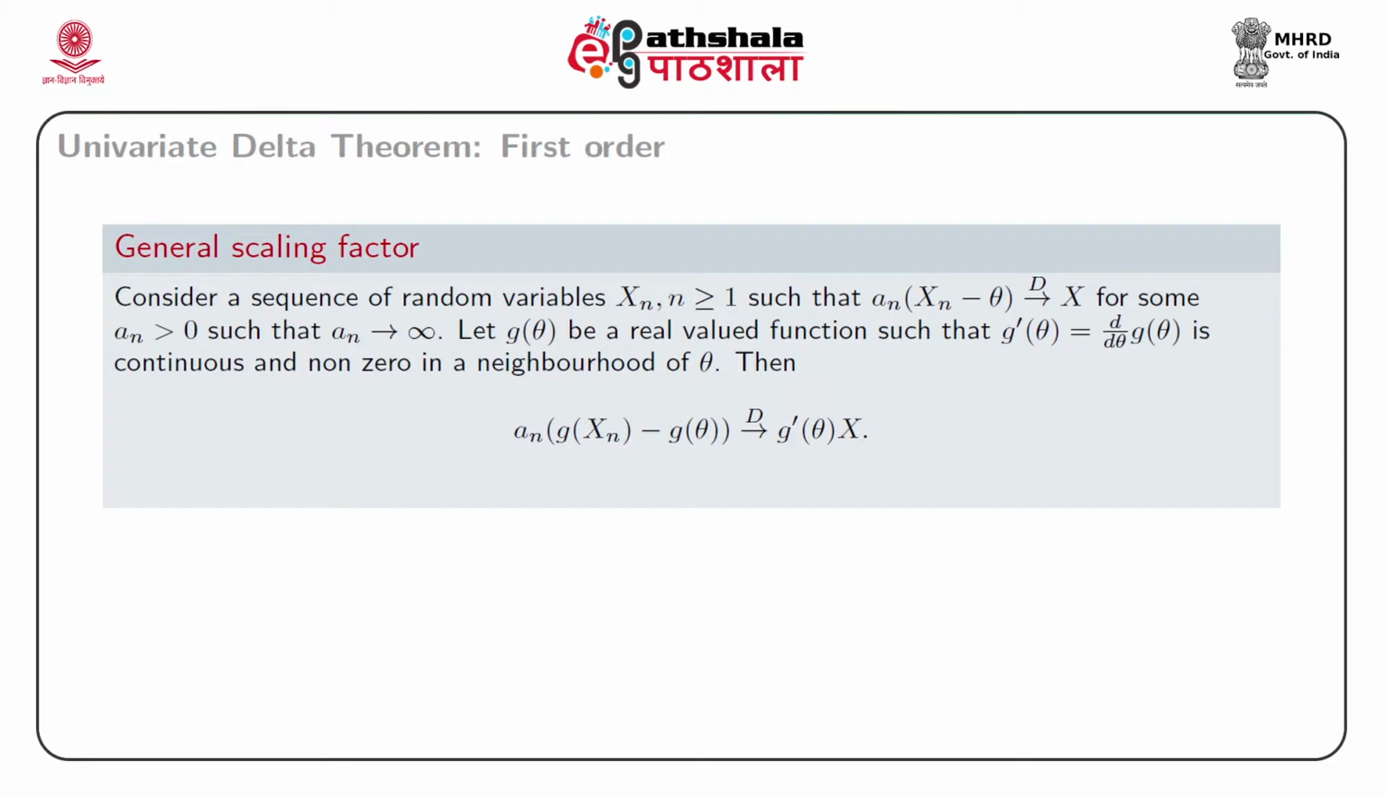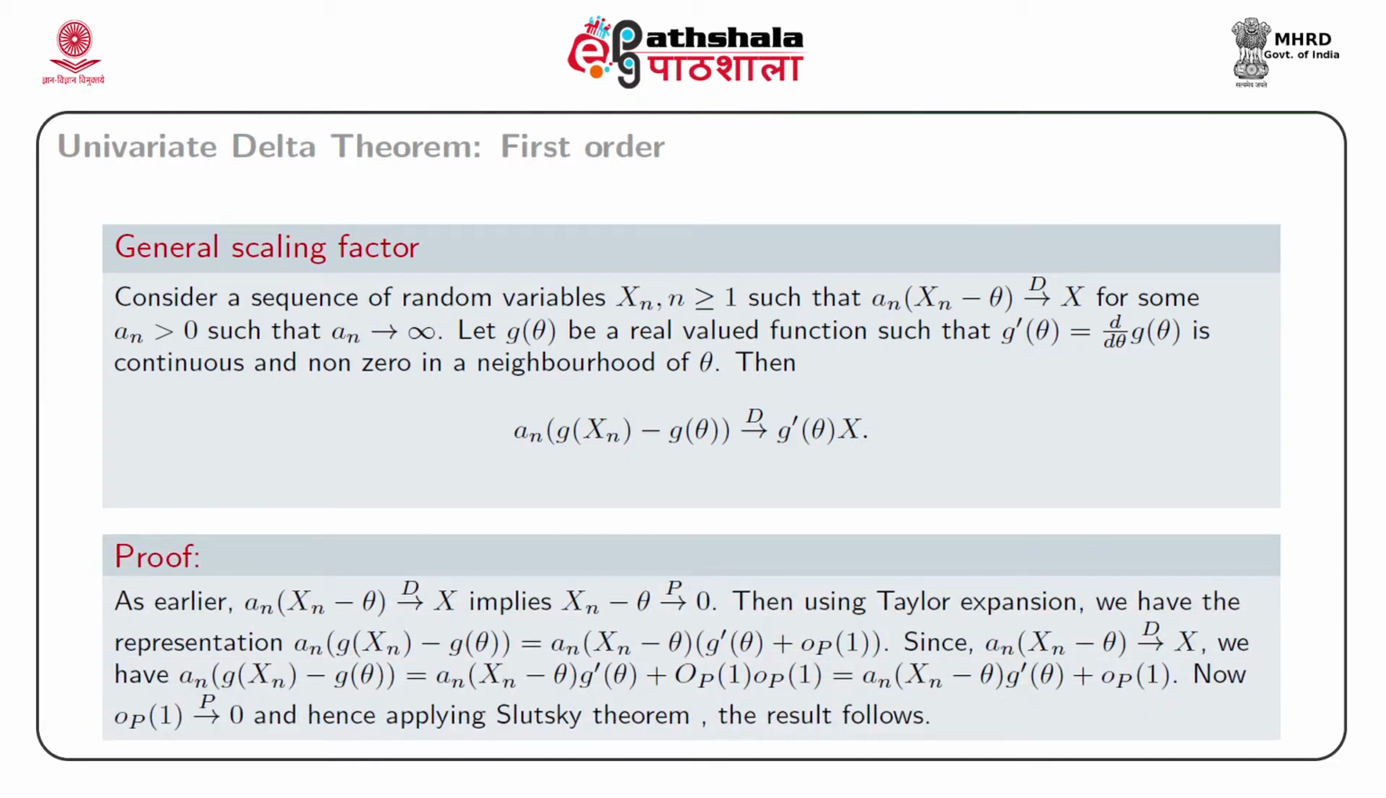Then a_n multiplied by g(X_n) minus g(θ) converges in distribution to a random variable which is the first derivative of g multiplied by X. As a proof, first of all we note that since a_n multiplied by (X_n minus θ) converges in distribution to X, then we at once have X_n minus θ converges in distribution to 0, converges in probability to 0,